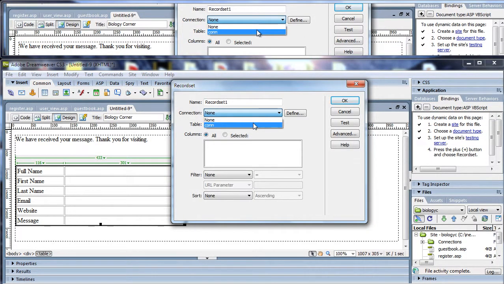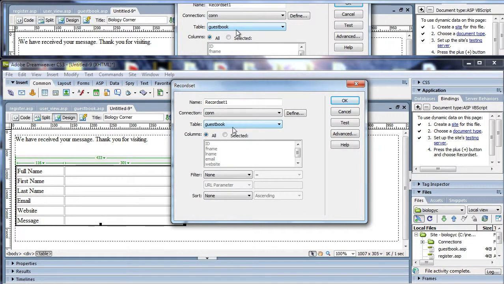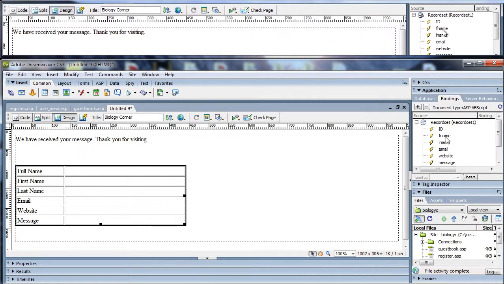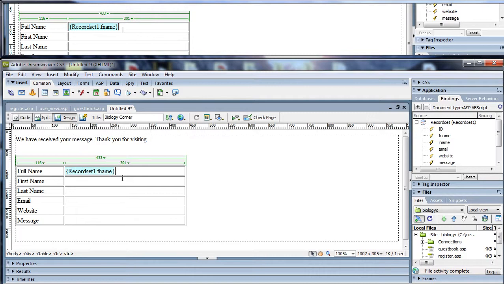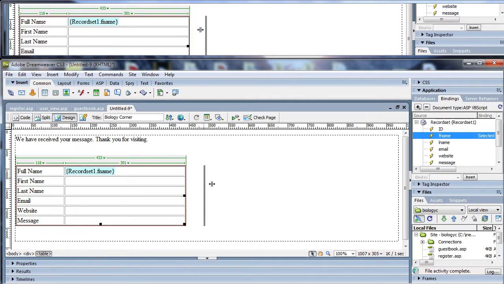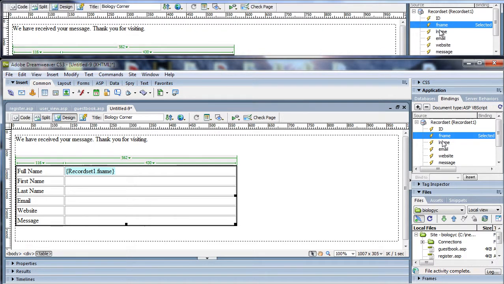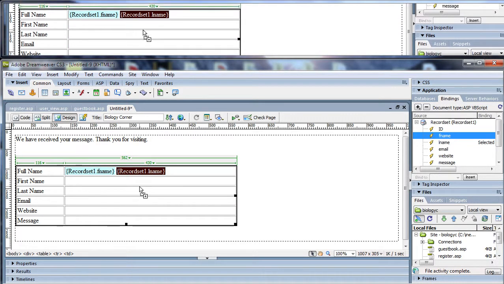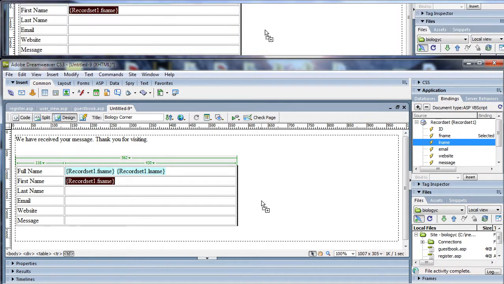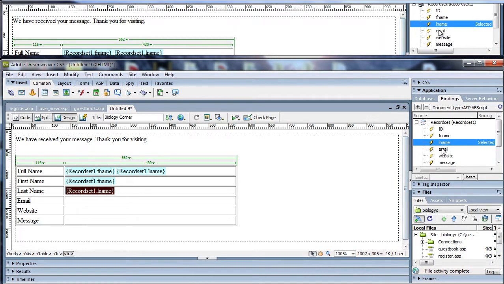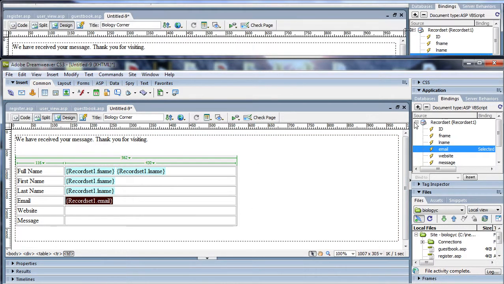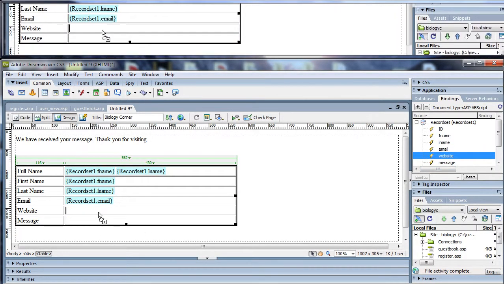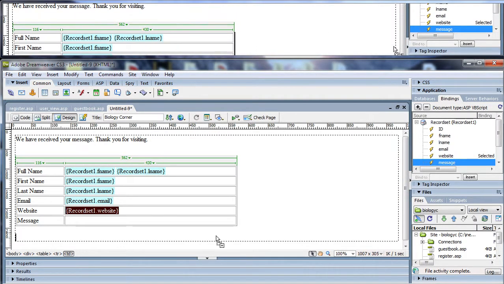Choose connection and table is from guestbook and click OK and drag the first name to here and make a space and last name here and again drag the first name to first name, last name to last name, email to email, website to website, and message to message.